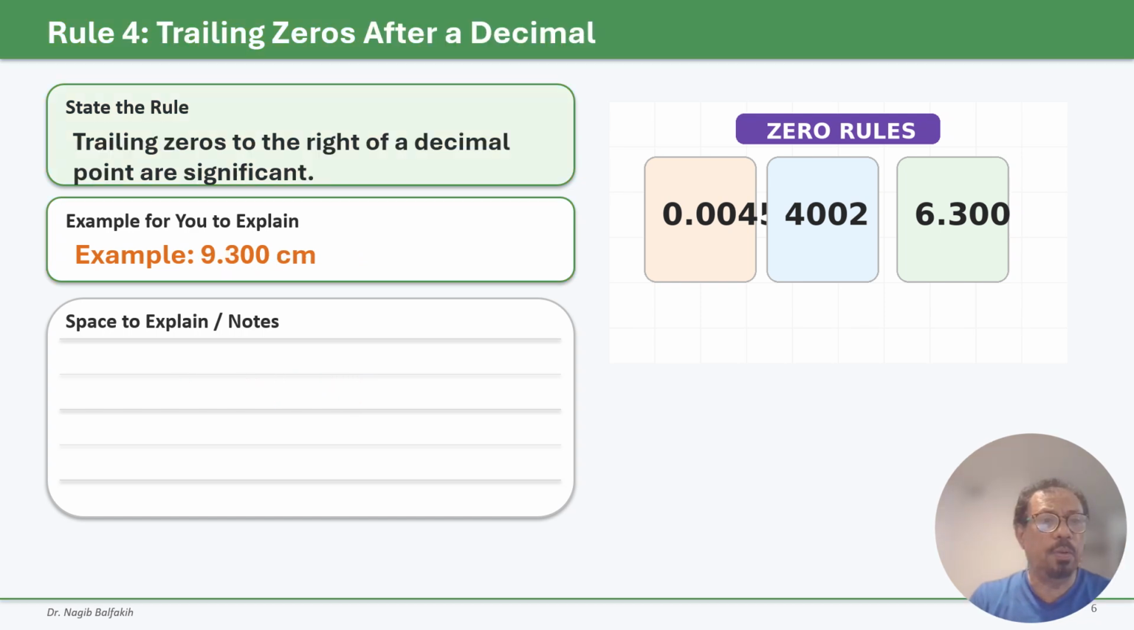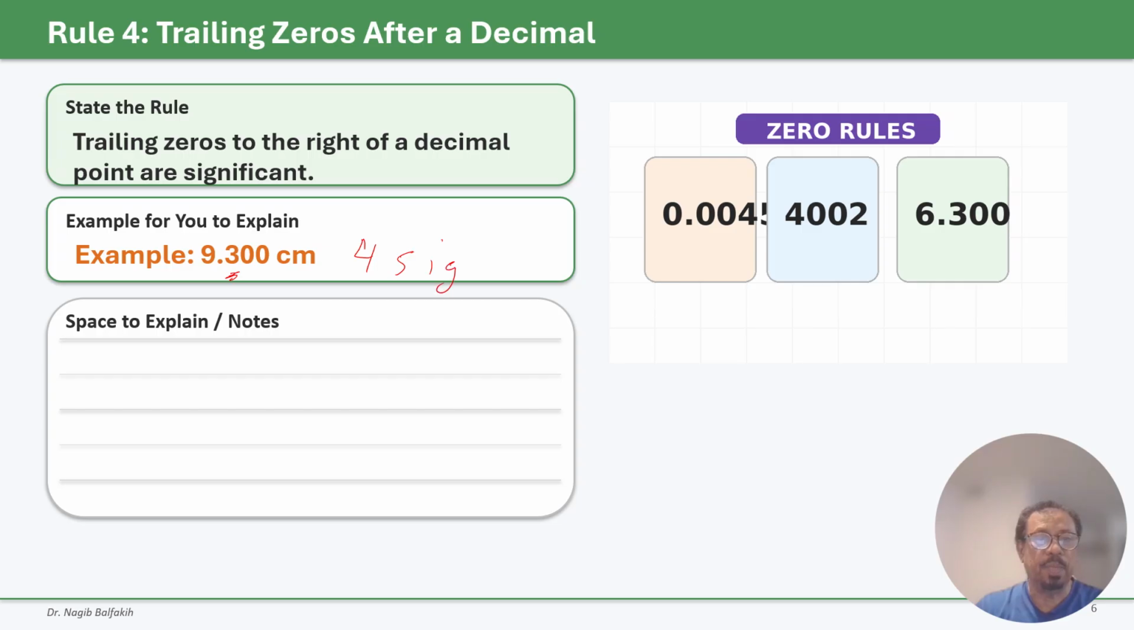The fourth rule says trailing zeros to the right of the decimal point are significant. So we have here zeros at the end after the decimal point, and there's a number here, which is 9 and 3, at least one number. So these two zeros are significant. So the number of significant figures here, 1, 2, 3, 4. So they are 4, sorry, 4 sig